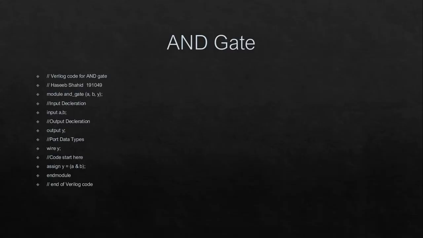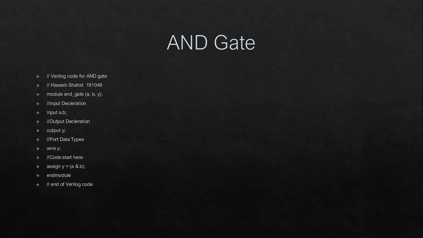Here is our first gate, the AND gate, as you all know. And what will the AND gate do? As in the previous video, I explained clearly the functioning and the behavior of the AND gate. And from the truth table, it is clear that if both inputs are 1, we get high at the output. Otherwise, we will get a low at any other combination of inputs.